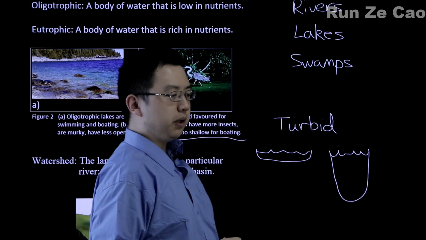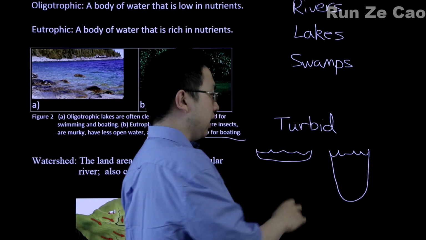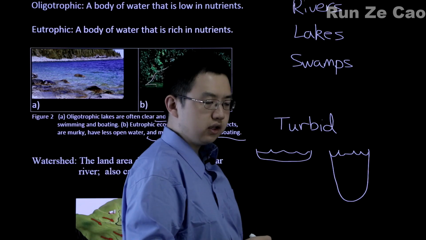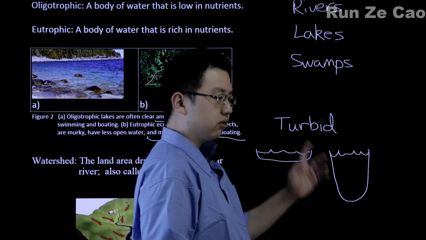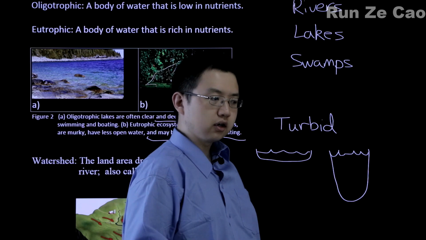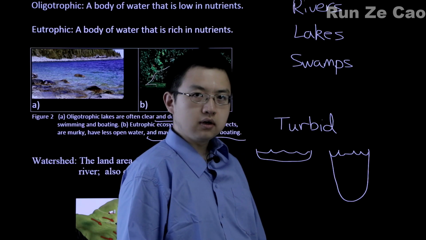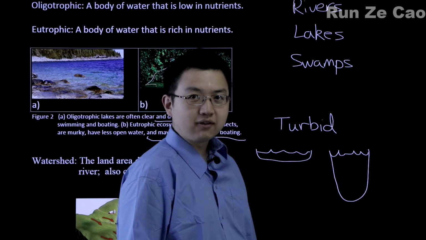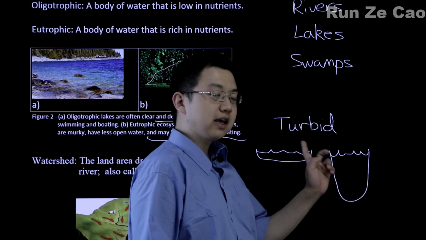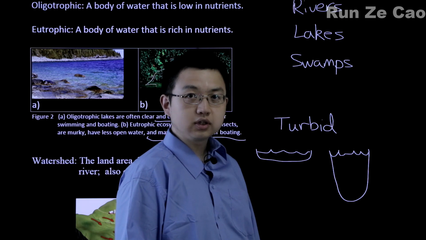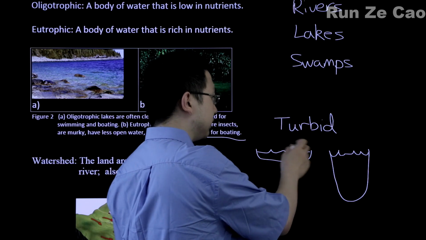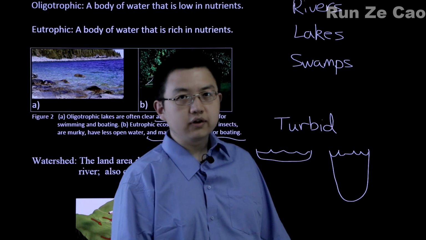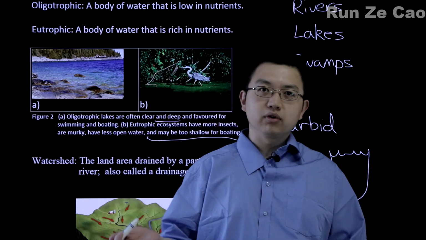Think about the amount of pollution you need to put into a eutrophic lake for the concentration of the nutrient to reach a sufficient level to cause one of these algal blooms that you're seeing here. Less than for the oligotrophic one, right? Well, the shallow lake has less tolerance for pollution than the deep lake, which means that eutrophic lakes tend to be shallow, for the simple reason that shallow lakes become polluted faster.